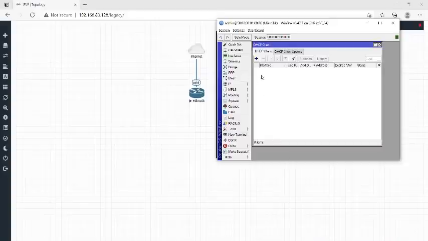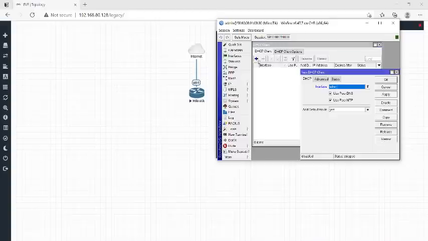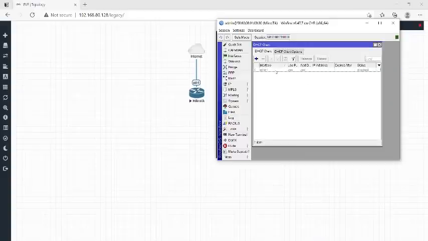After clicking the DHCP client, here you can see there is not any configuration yet. So just click on the add button, and you have connected your internet to Ethernet 1. So choose here Ethernet 1 and apply and OK. It is created, just enable it. Okay, here you can see searching, and now it is getting the IP address. It got the IP address